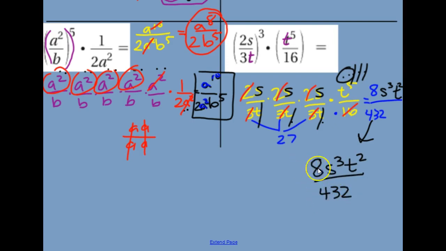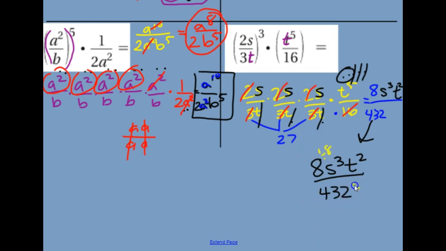However, this is one thing I would check, that I can simplify these numbers. Can I divide these by anything? Can I divide by 8 maybe? Yes, I can. So if I divide this by 8, this is technically in the wrong order,